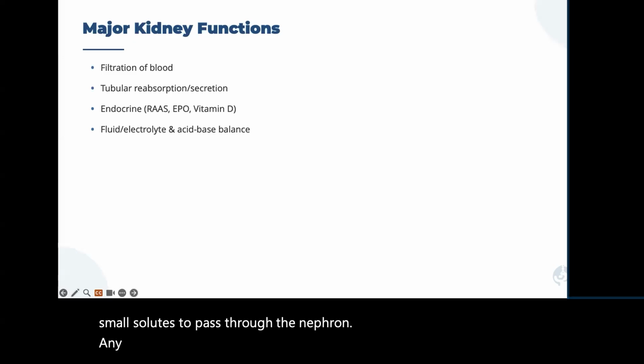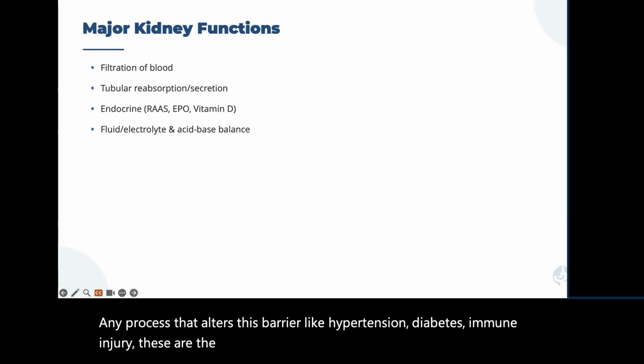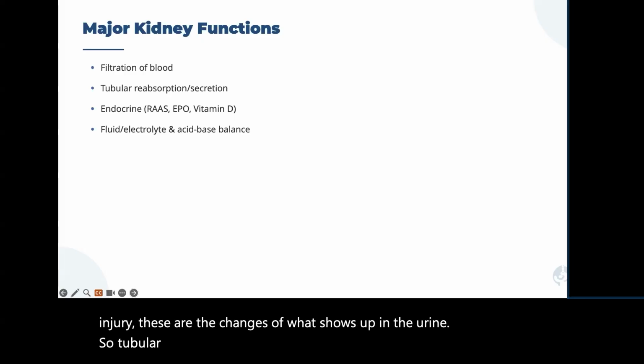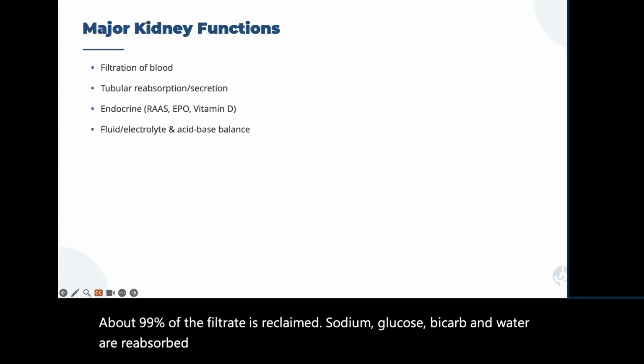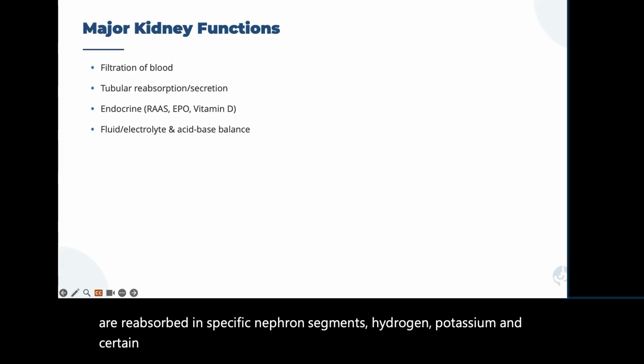Any process that alters this barrier, like hypertension, diabetes, immune injury, these are the changes of what shows up in the urine. Tubular reabsorption and secretion happen after the filtration process. About 99% of the filtrate is reclaimed. Sodium, glucose, bicarb, and water are reabsorbed in specific nephron segments. Hydrogen, potassium, and certain drugs are secreted back into the lumen, and this step determines volume status, electrolyte balance,